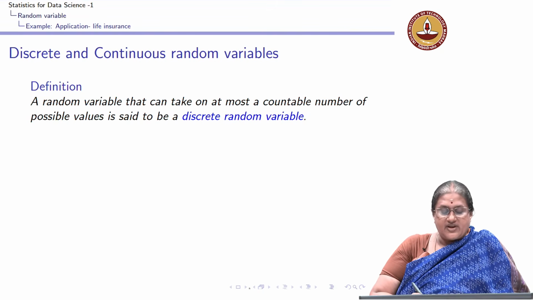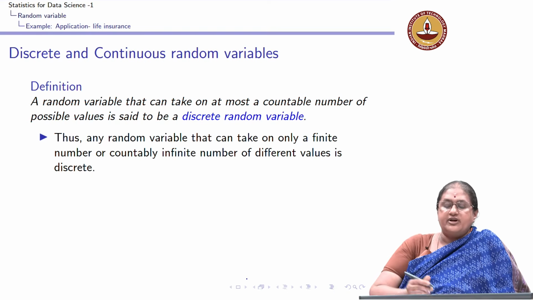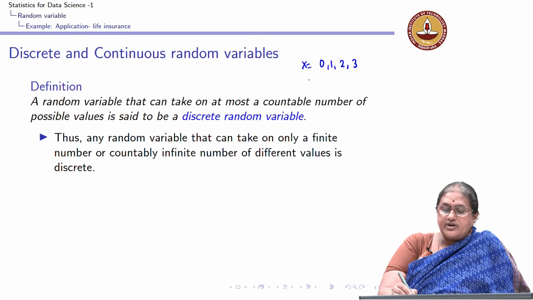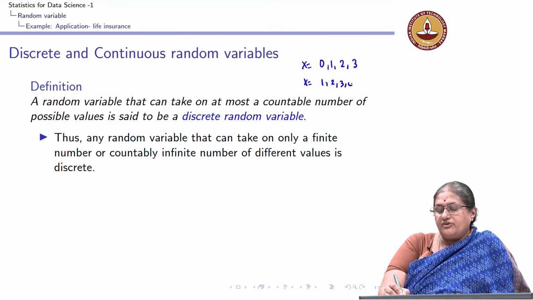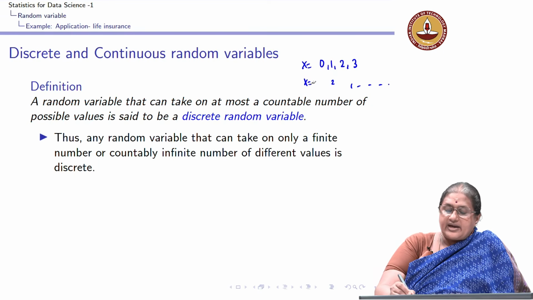In other words, we will look at examples where a random variable can take on a finite number of values. For example, x takes a value 0, 1, 2, 3, finite number of values, or x could take a value x1, x2, x3, x4, so forth, countably infinite, but it has to be